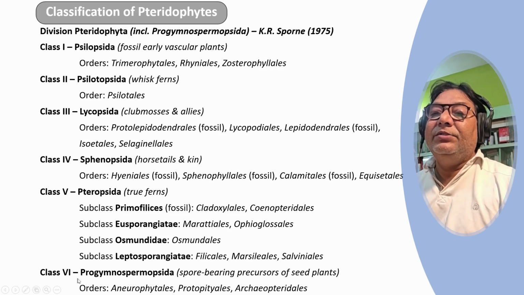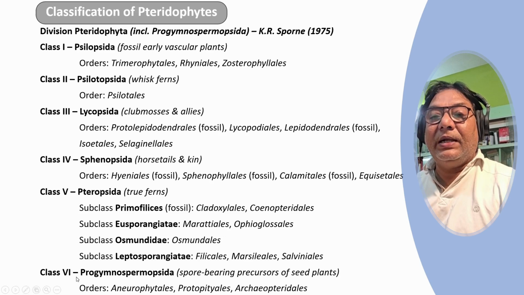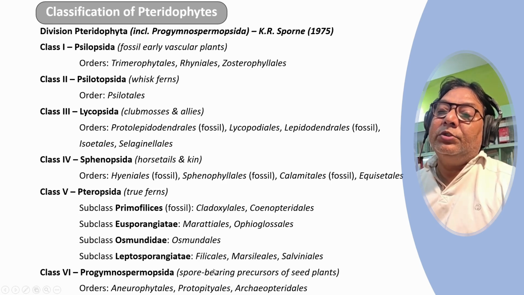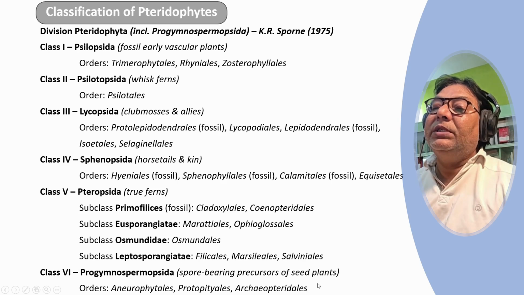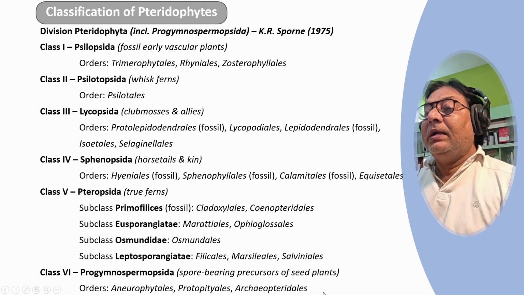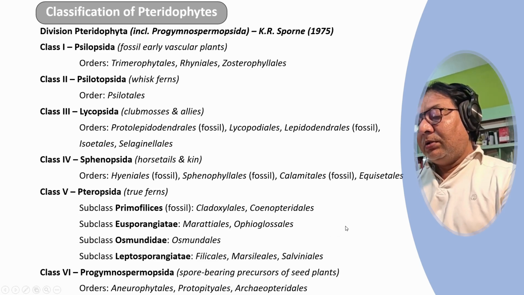And they are very interesting plants. People may ask about the missing link between the Pteridophyta and the seed plants. So these are the missing links, the Progymnospermopsida group. The most important genus that is included in your syllabus is Archaeopteris, from the order Archaeopteridales of Progymnospermopsida. So now moving to the